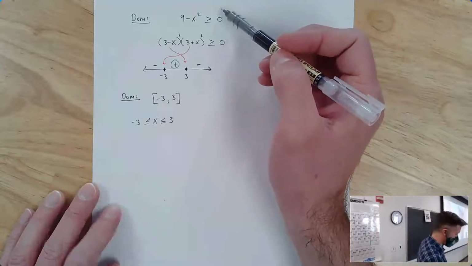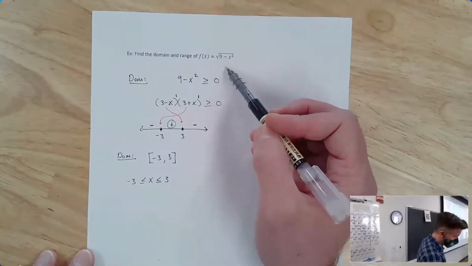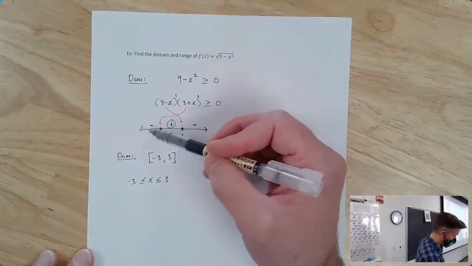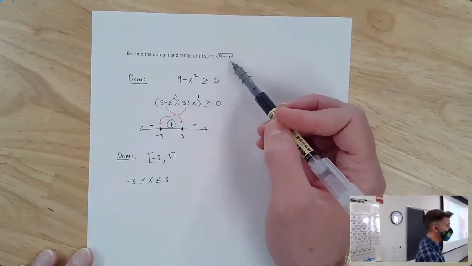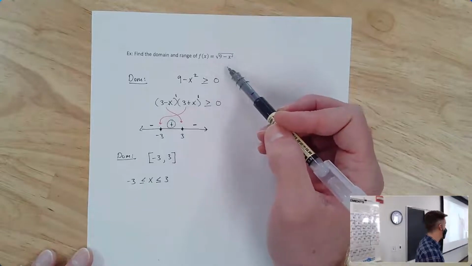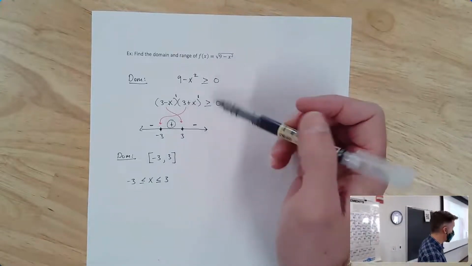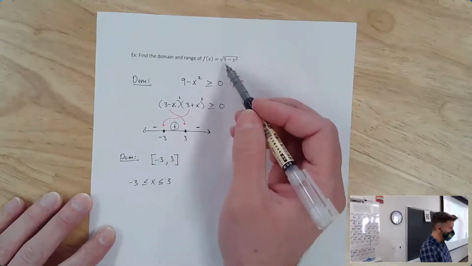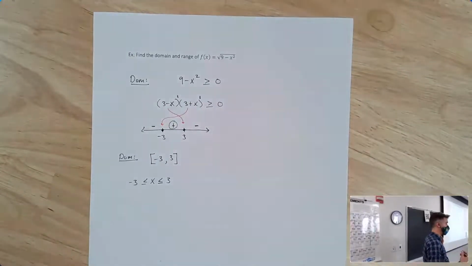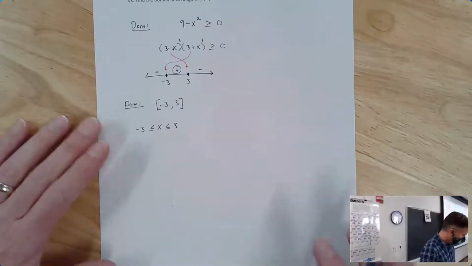In a similar way, oh, sorry, you can't see what I'm pointing at. In a similar way, -5 is not going to work. Because -5 squared is 25. And 9 minus 25 is -16. And we can't take the square root of -16 and get a real result. So this is our domain, because those are the only numbers that you can actually plug in here and get square roots of positive numbers, which are real. Range, on the other hand,